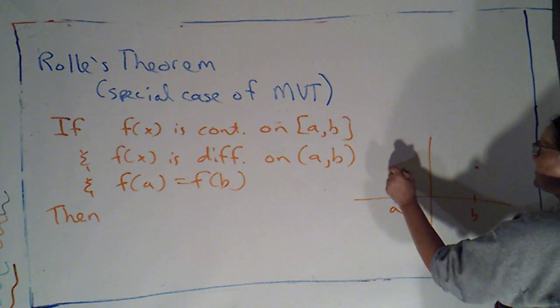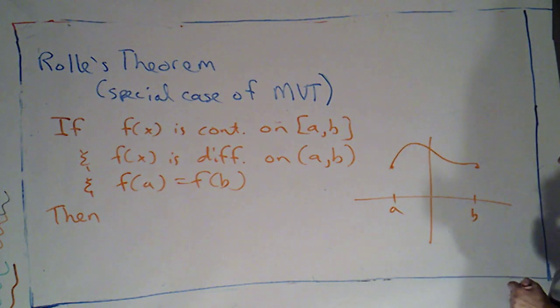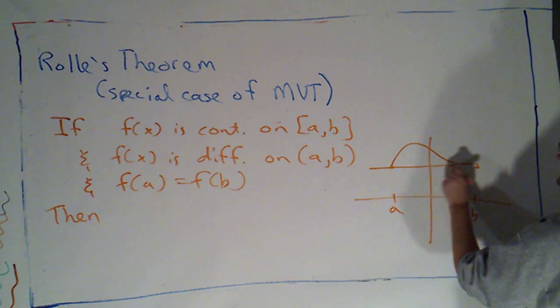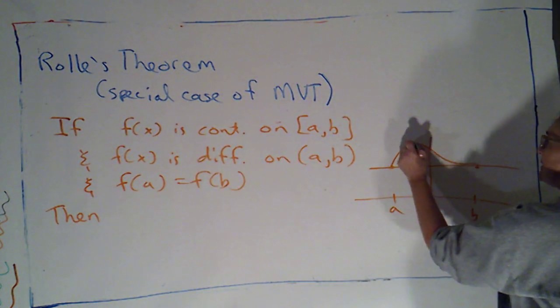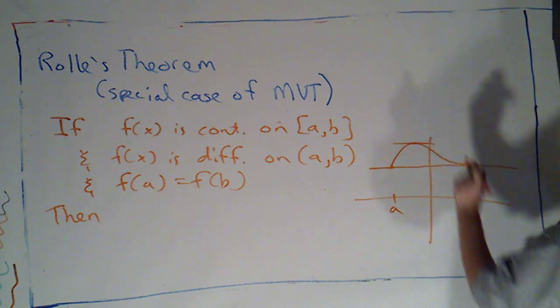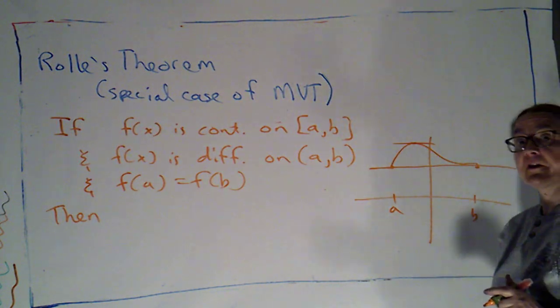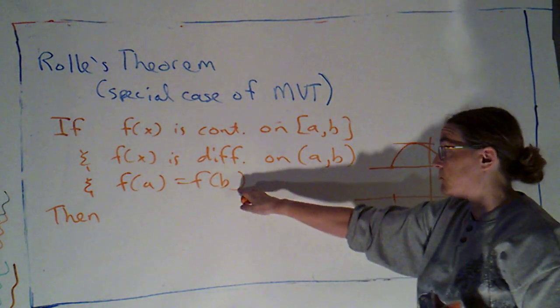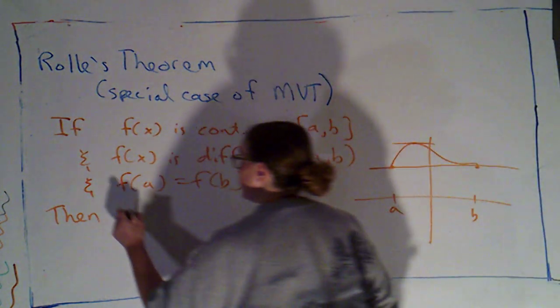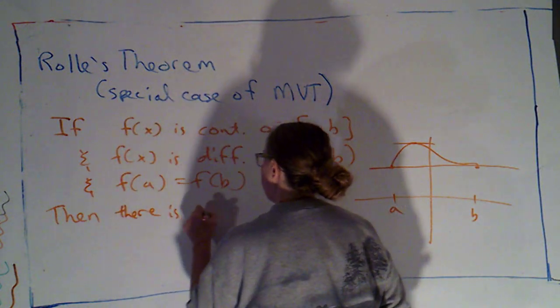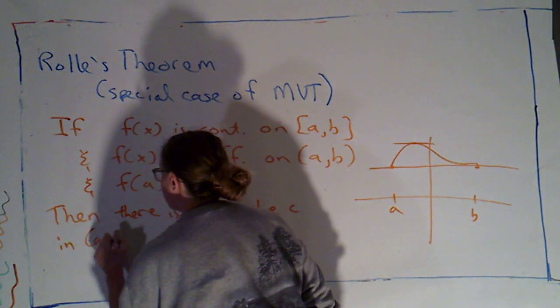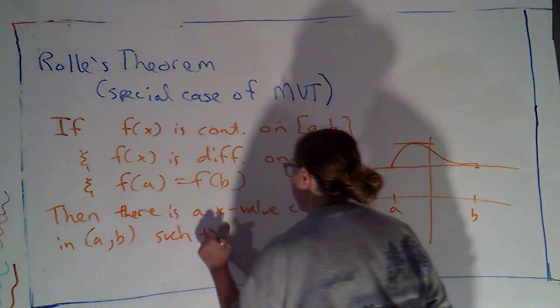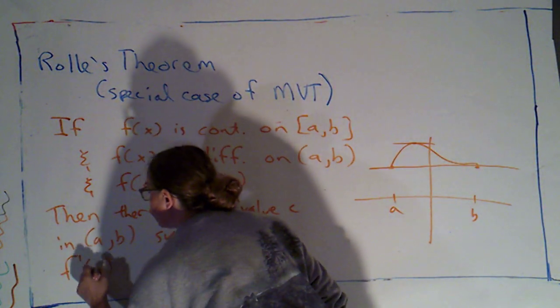The first two hypotheses just say I've got something that's continuous and differentiable, so I know the mean value theorem applies. But that's interesting, because if I look at the secant line through two points at the same height, it's a horizontal line. So there's got to exist some point where the tangent line is horizontal. And that's what our conclusion is going to be. It's just making it more specific to account for this. So then there is an x value c, again in the interval from a to b,